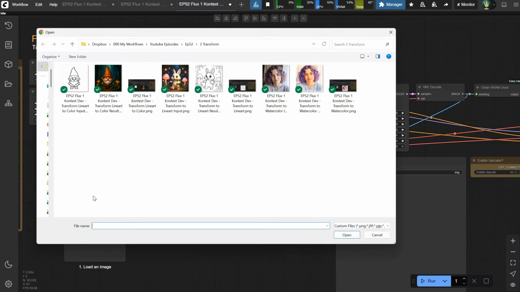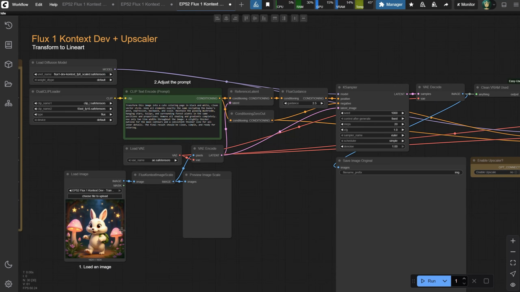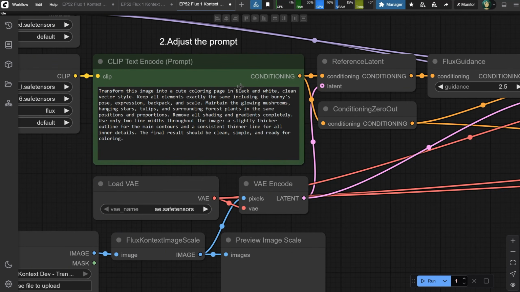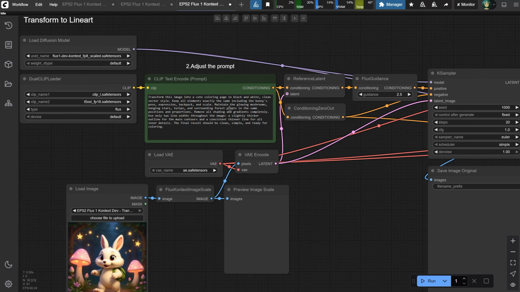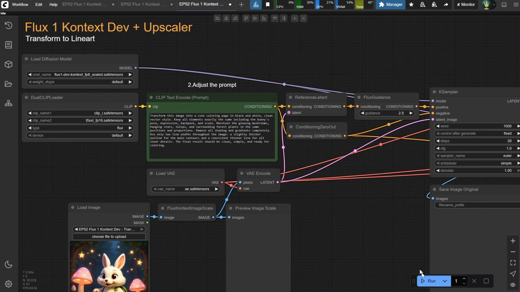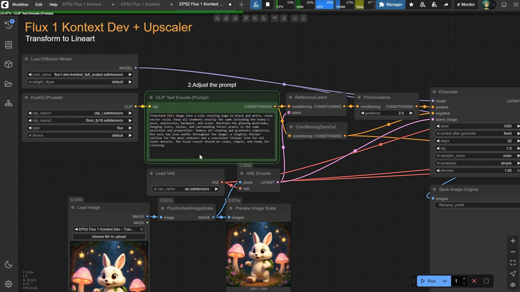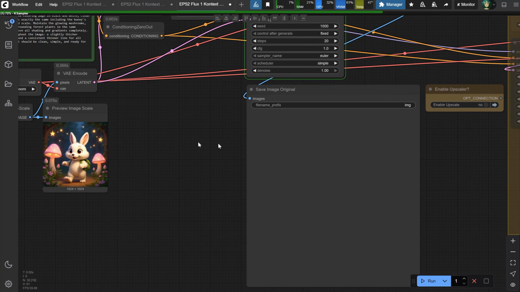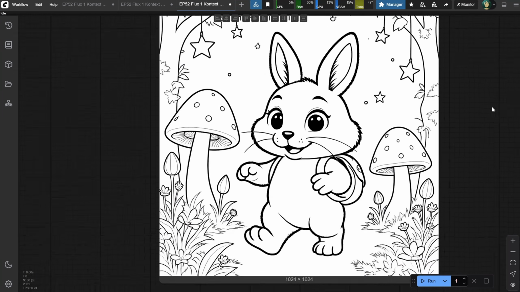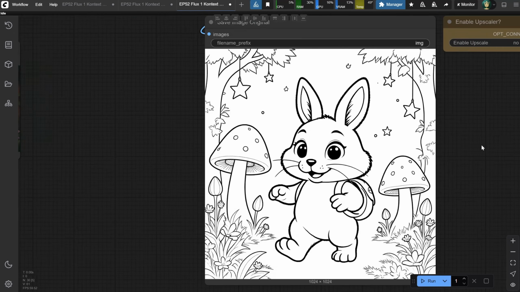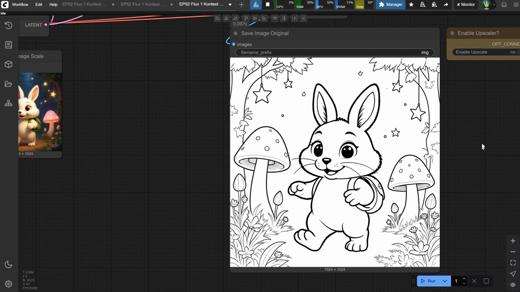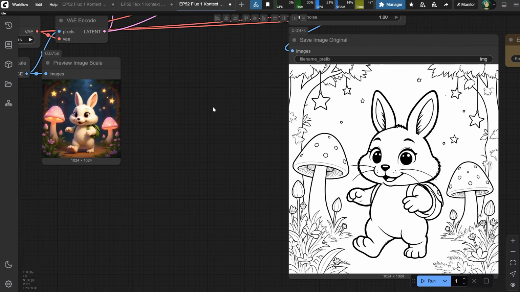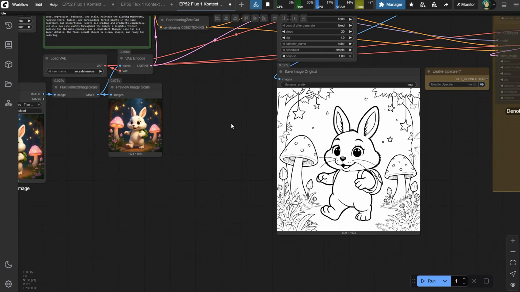If I take this bunny image and again start the prompt with transform and describe what I want, it's usually pretty good at it. It doesn't know all art styles, but for that, you can probably find a Lora or train a Lora yourself. So if I run this workflow, I get this image. It's not perfect, but it looks quite good. With a little bit of Photoshop adjustment or using Adobe Illustrator, you can create a nice illustration way faster than